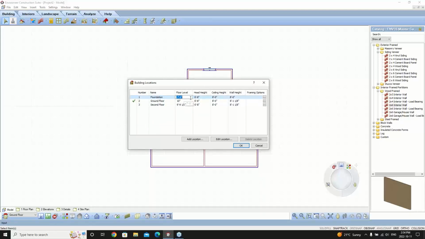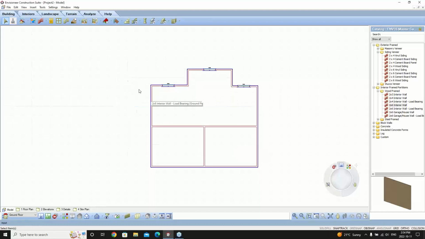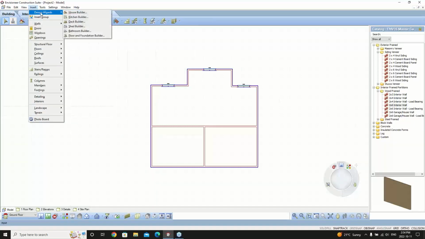Sorry, I also want to make this negative 32, and this is also going to be 32, like so. So that's giving me my height for my block wall. That's what I'm defining there. And then I can say OK,